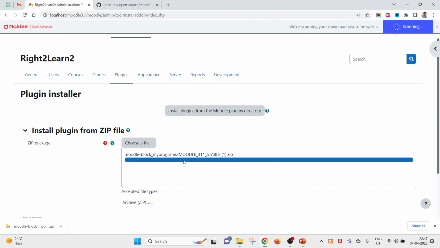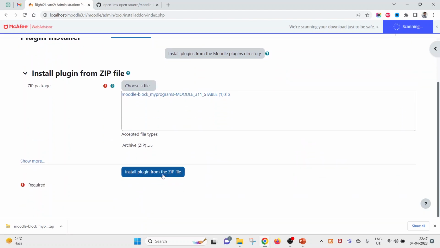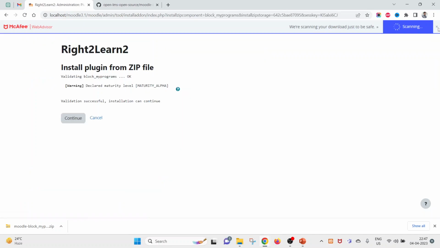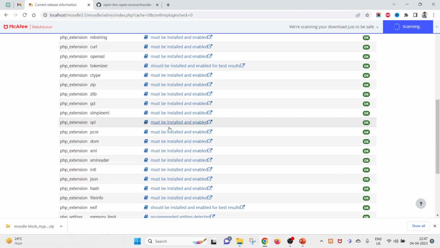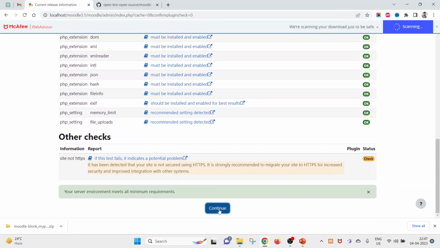Okay, drag and drop here, click on install plugin from the zip, click on continue, again it will take some time. Now here scroll down and click on continue again,